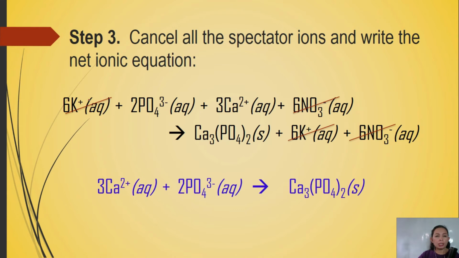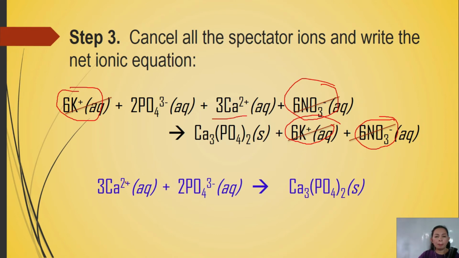Let's check. So we have here 6 potassium ion. Also, we have here 6 potassium ion, and then we have 6 nitrate ion and 6 nitrate ion. So we cancel this out. And so our net ionic equation will be